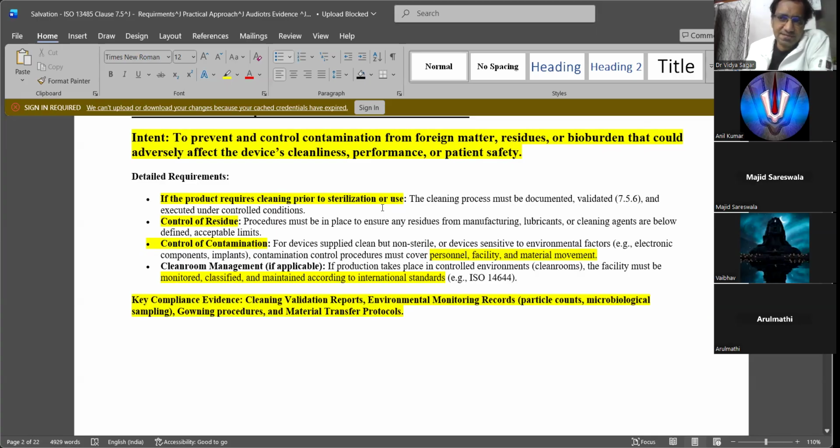Okay, some products, I said, we just clean and use without sterilization, like IV sets or PM lines, some cannulas. Basically, cannulas are sterilized, but those which are not in contact with the body, which are very external, we just clean them.